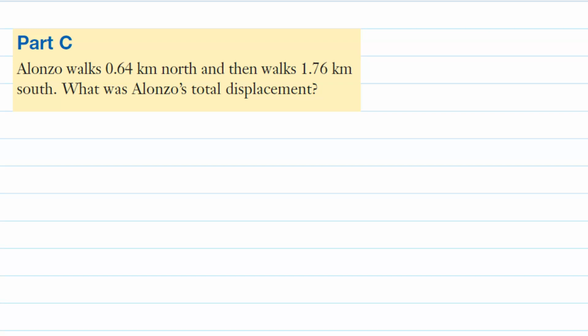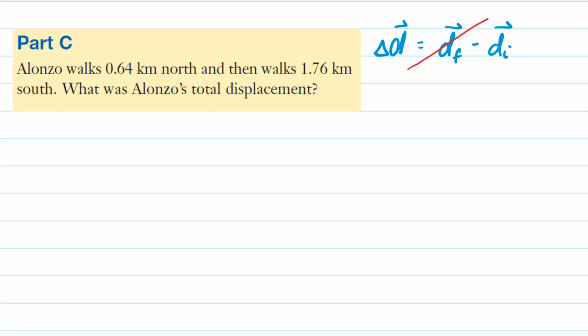So part C will be our final example. Alonzo walks 0.64 kilometers north, then walks 1.76 kilometers south. What was Alonzo's total displacement? Now, if you went into this with the displacement definition, displacement as the final minus initial position, notice the question doesn't give you those values. It doesn't say that Alonzo started at a certain position and ended at a certain position. So we can't really use that